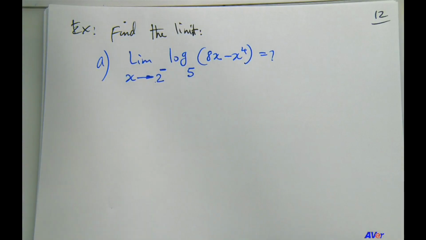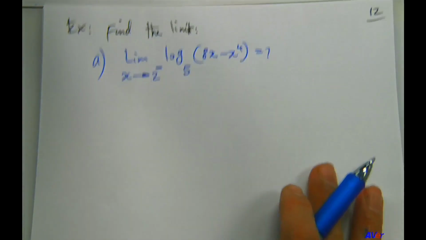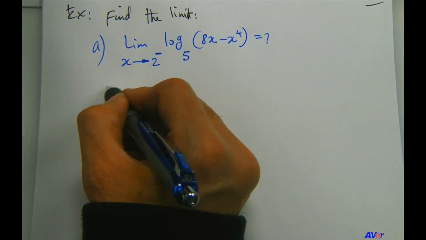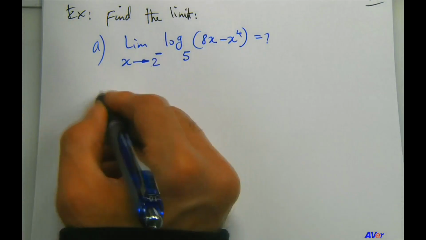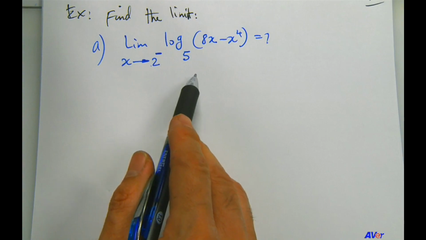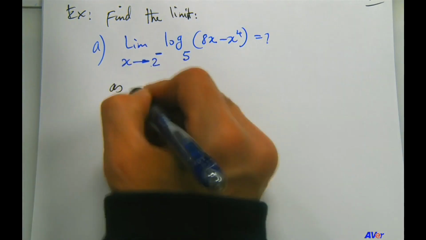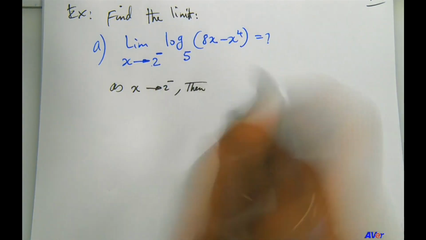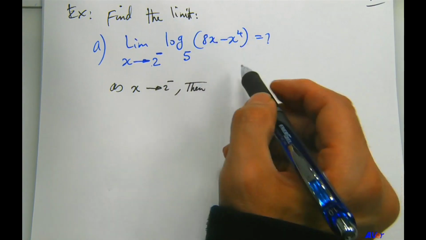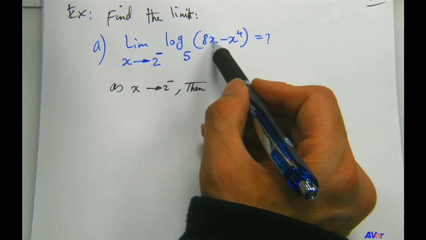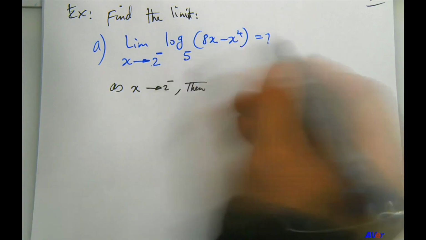So 1.99, 1.9995, and so on. Approaching 2 from the left. Okay, so then as x approaches 2 from the left, let's see what happens to this quantity. Then approaching 2 from the left, so this approaches 0 from the left, right? 0. So then